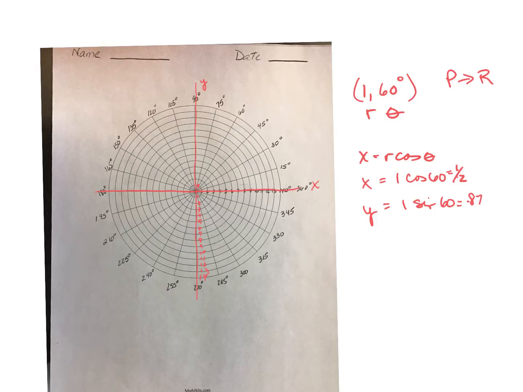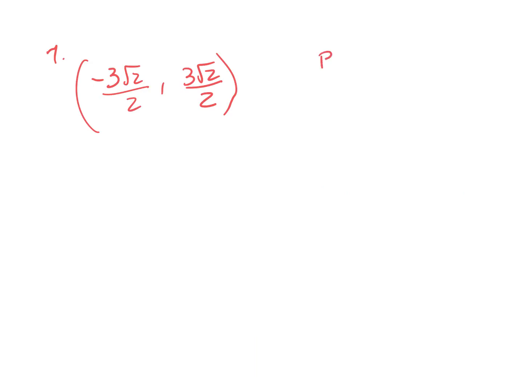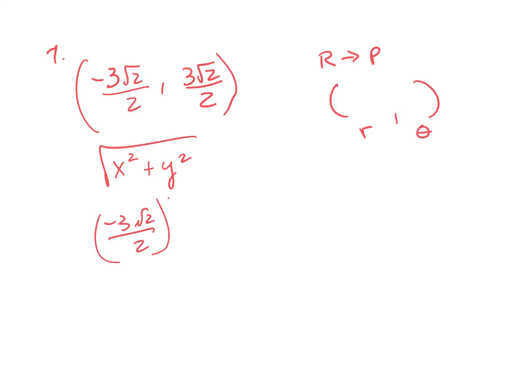So now we're going from rectangular to polar, okay? And how we find the r, we need to find the r first, is we say x squared plus y squared, and we square root it. So we have -3 root 2 over 2 squared plus 3 root 2 over 2 squared, and we square root